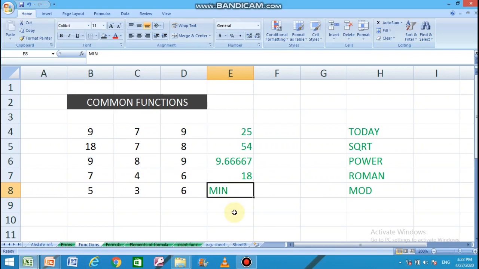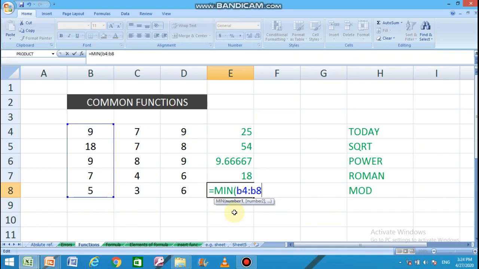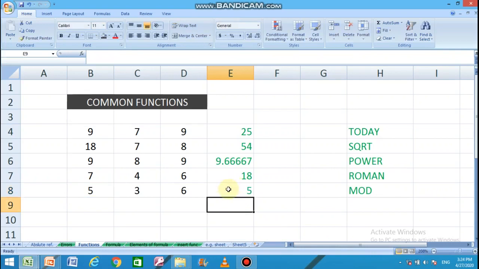It finds out the smallest value in the given list of arguments. Again, on the same set of cells, I am finding the minimum value. The answer should be 5. Let us check. Yes. So, this function returns the smallest value out of its given argument list.